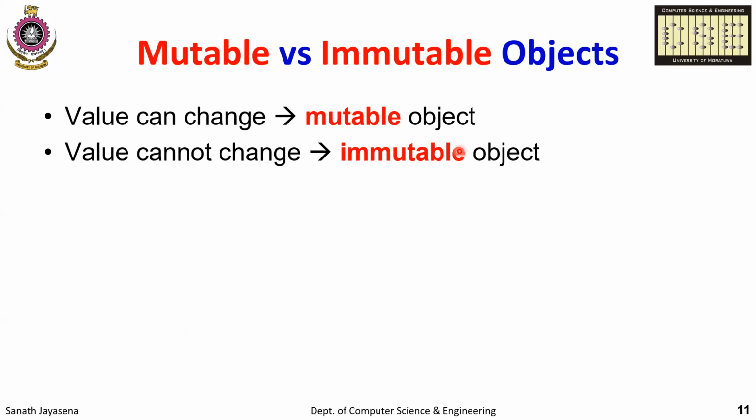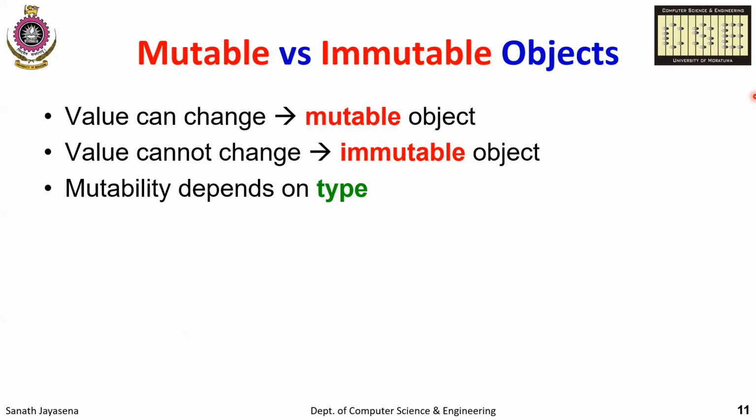Now, when you say objects, these represent data, right? So what is the point of having these mutable and immutable objects? Some interesting properties are there. These have some uses or implications. Basically, whether an object's value can be changed or not depends on its type in Python. In other words, the mutability depends on